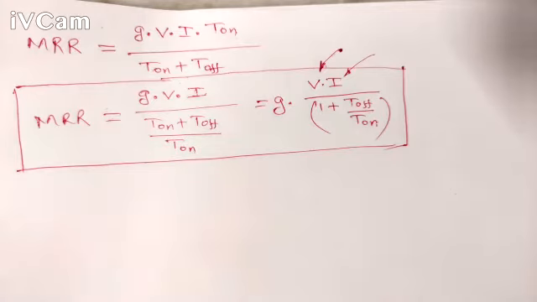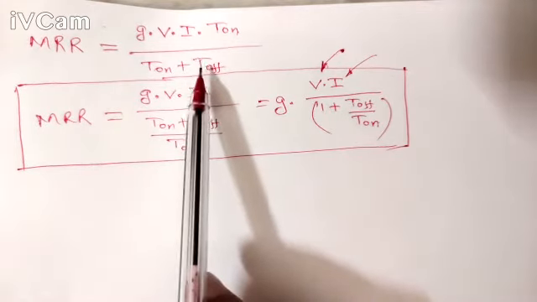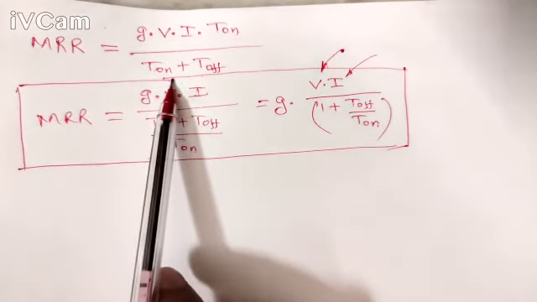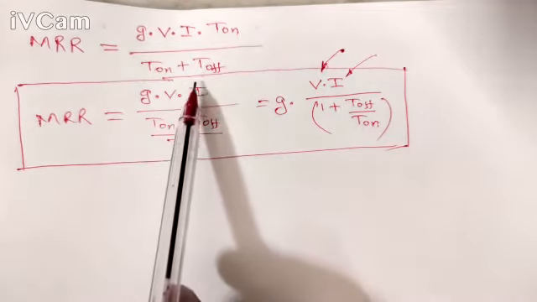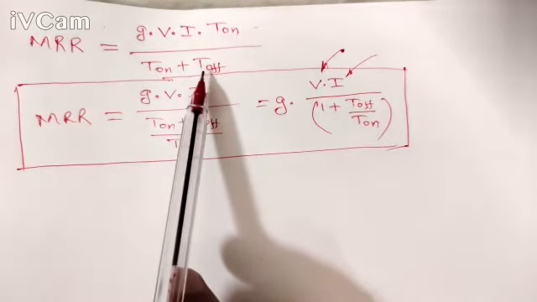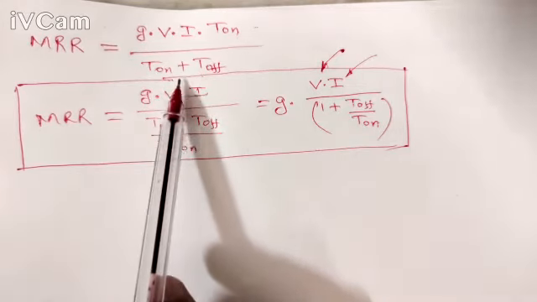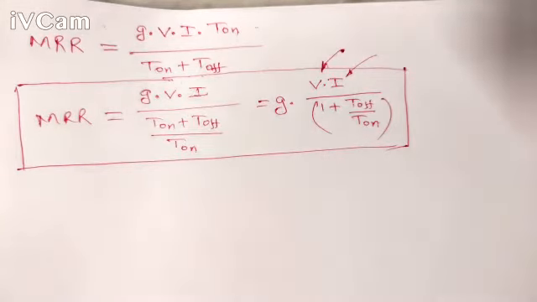Okay, but one thing we found is that this T off, if it is increased, then the denominator will increase. T on if we increase, then also the denominator will increase. Okay, so we have to choose T on and T off properly, and there is some minimum value which should be there in order to remove material. So anyhow, I'll come to that point afterwards.